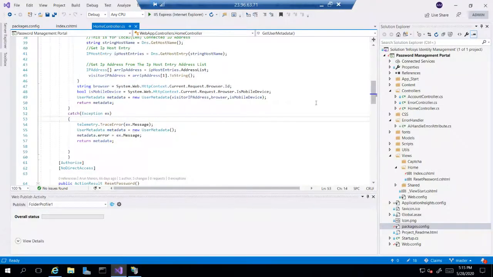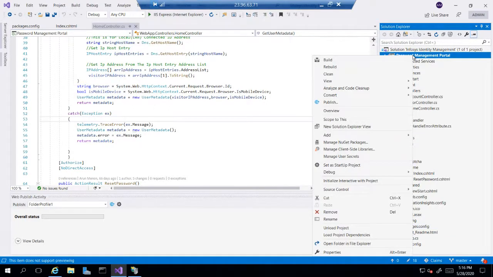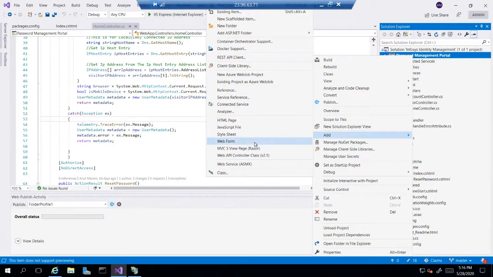Sorry, the code approach. Suppose I have a .NET code application currently available here, and you want to make it suitable for Application Insights. Again, it is pretty easy. All you need to do is click here and you will get an option. If you click on this add, you will get an option to include telemetry. Since I have already done it, it won't be available.